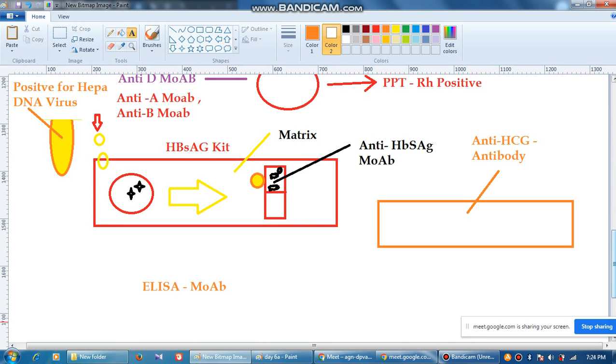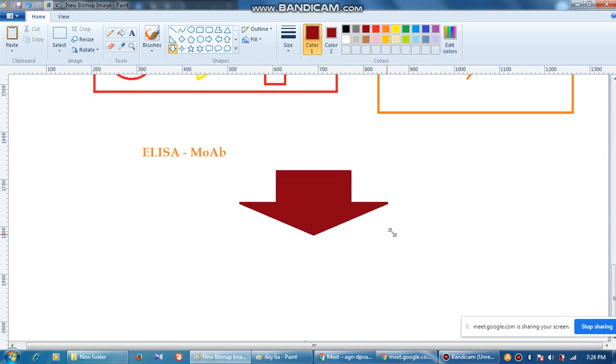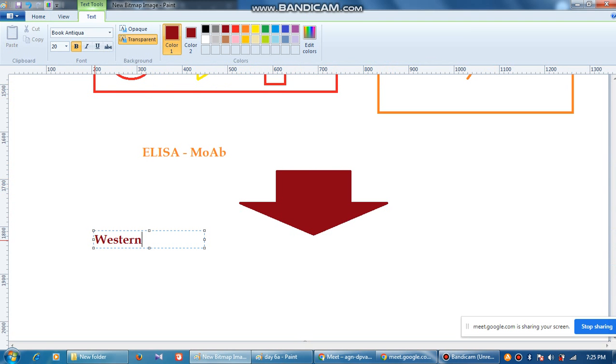You are also using monoclonal antibodies for some high-end tests or very sensitive tests like Western blotting. Then we are using monoclonal antibody for fluorescent microscopy. Then we are also using monoclonal antibody based tagging systems for techniques like FACS, fluorescent